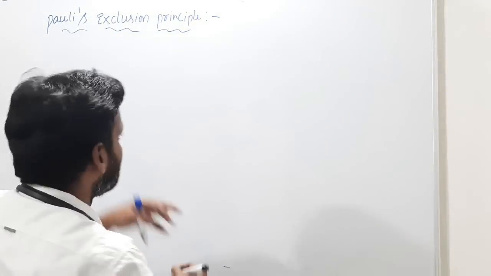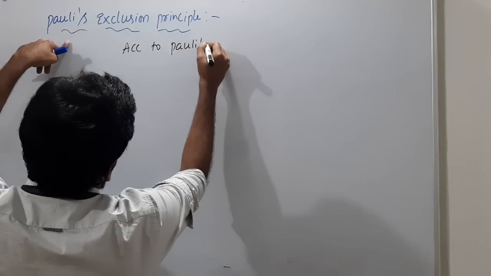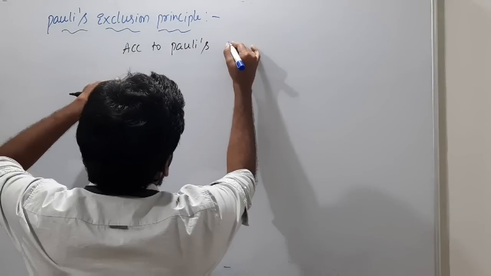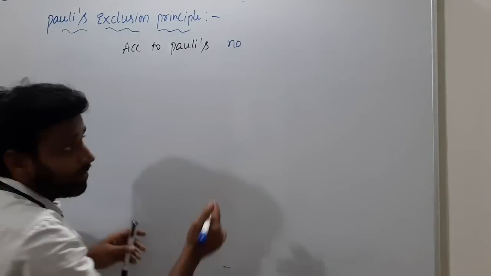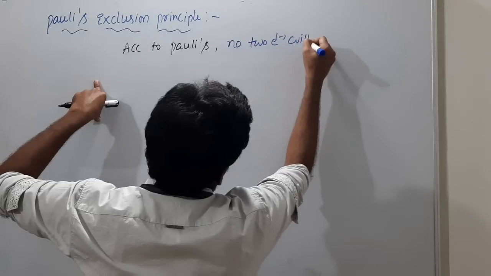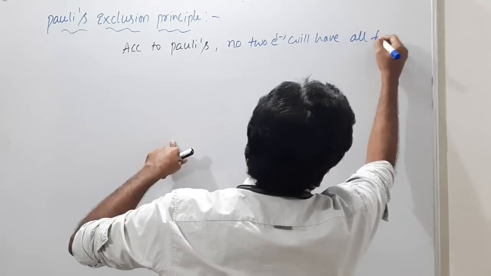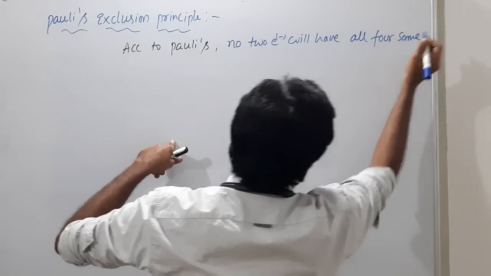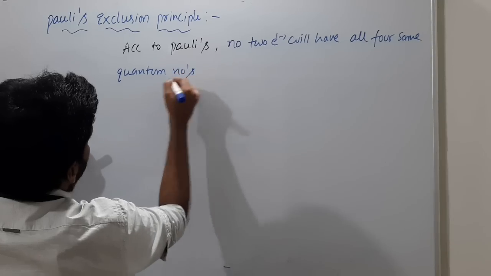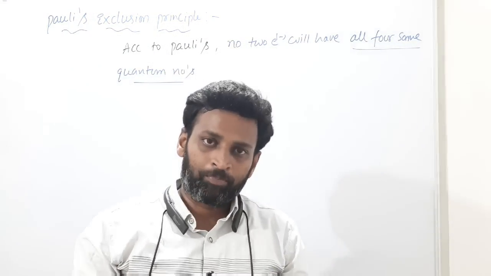What he said first I will write. According to Mr. Pauli. No, not KNOW. According to Pauli, no 2 electrons will have all 4 same quantum numbers. Means 4 quantum numbers can never be same